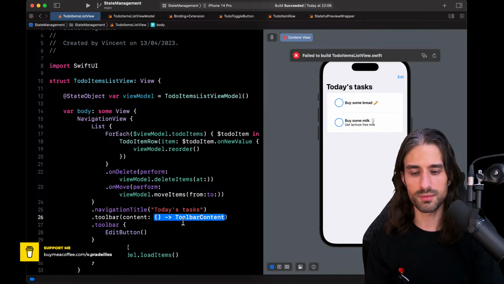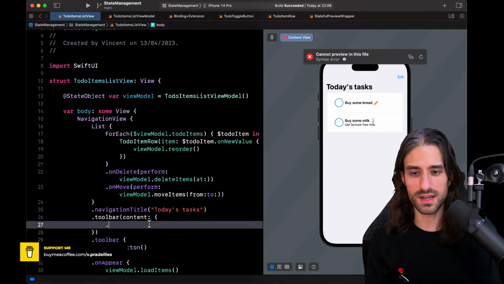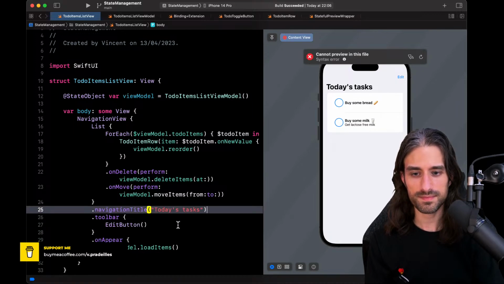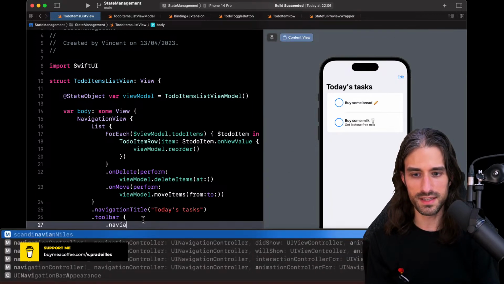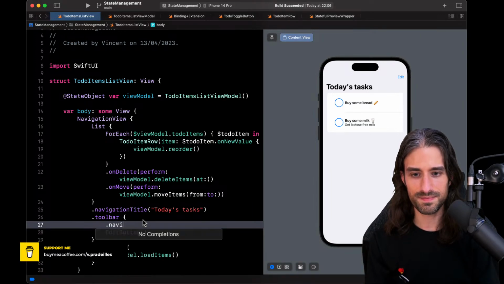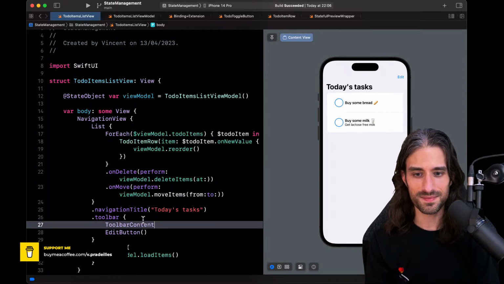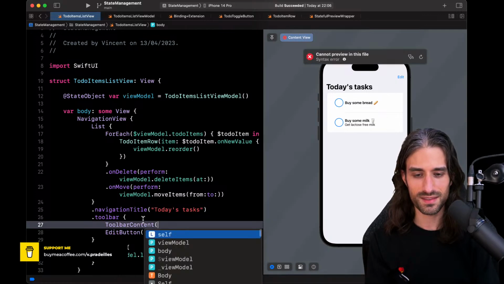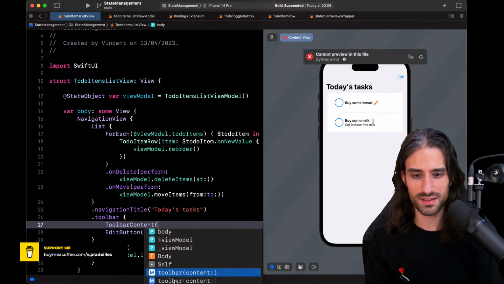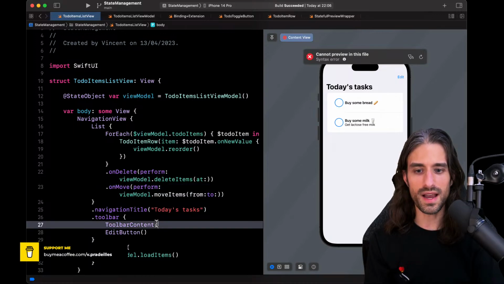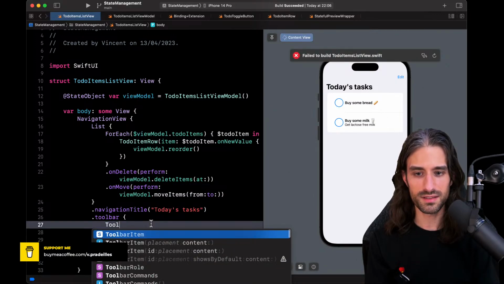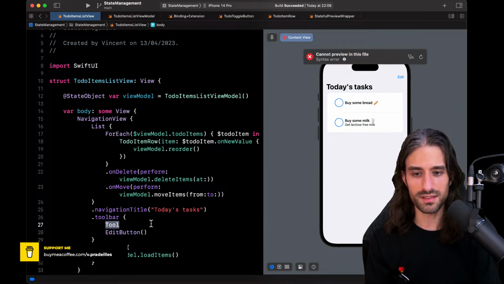So the one that returns some toolbar content, and if I do it like that, toolbar content. How do you create this thing? It's toolbar item apparently. Okay. Toolbar item, placement, and content.